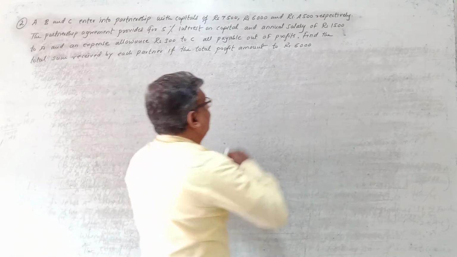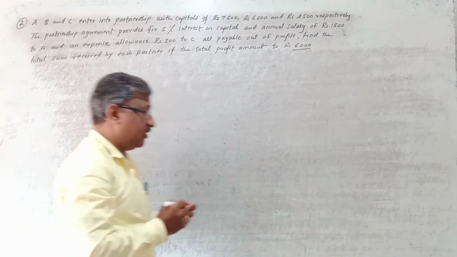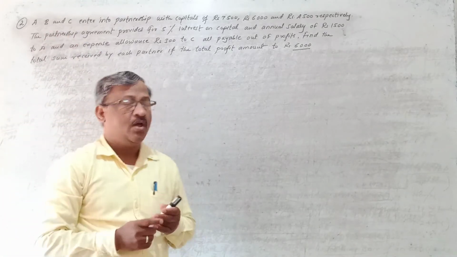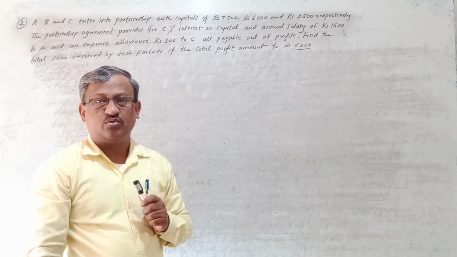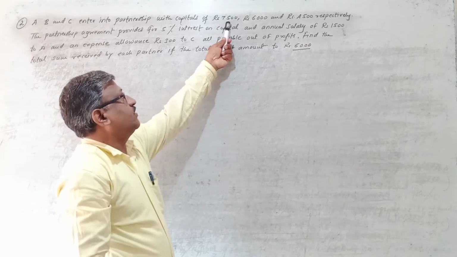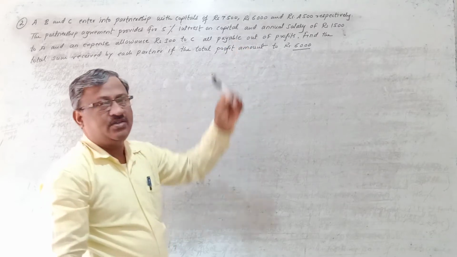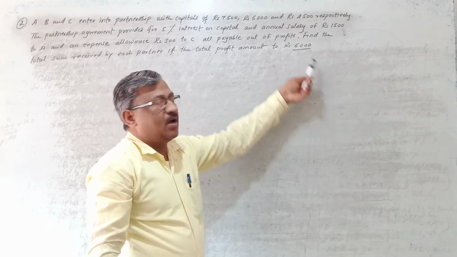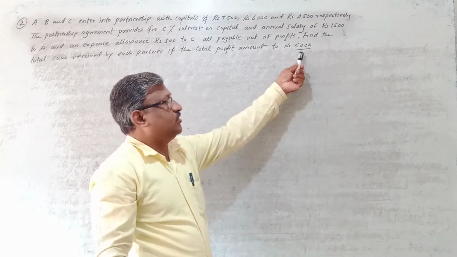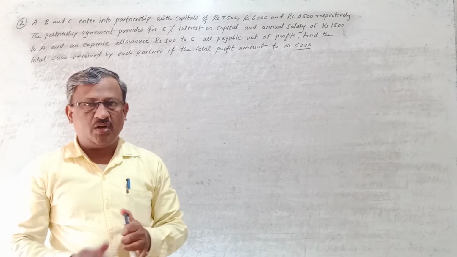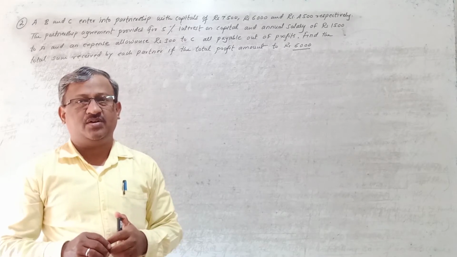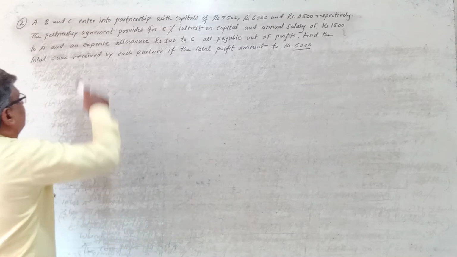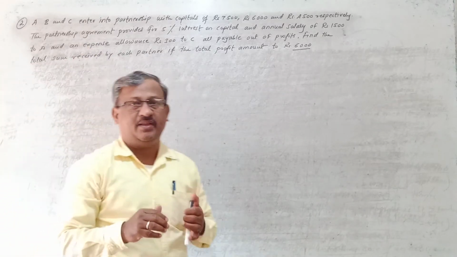So again we have to distribute this given profit of rupees 6,000 among how many partners? Among 3 partners: A, B and C. And how much capital they have invested, that also they have given in the problem. A has invested 7,500, B 6,000 and C 4,500. By the end of the year they have earned a profit of rupees 6,000. Now this 6,000 rupees profit we cannot directly distribute among these 3 partners in the capital ratio, remember, because they have said, as per their agreement.